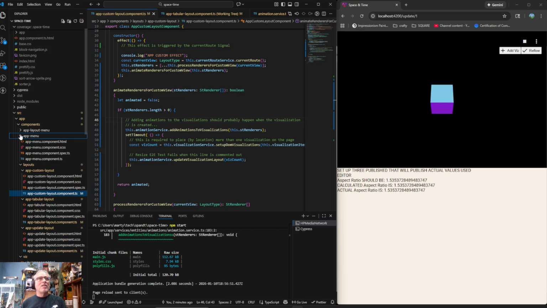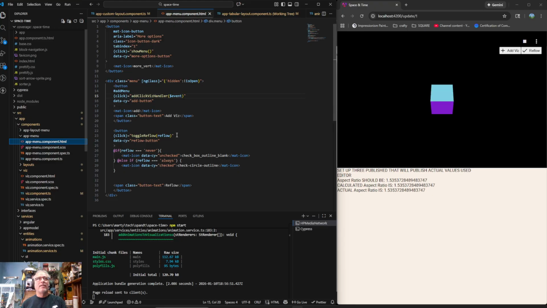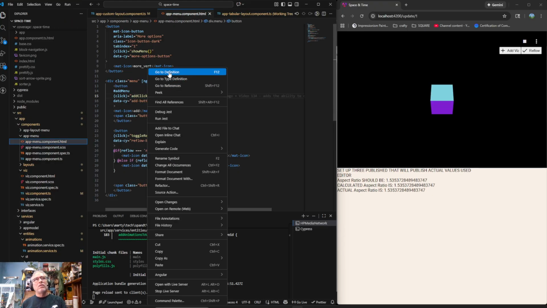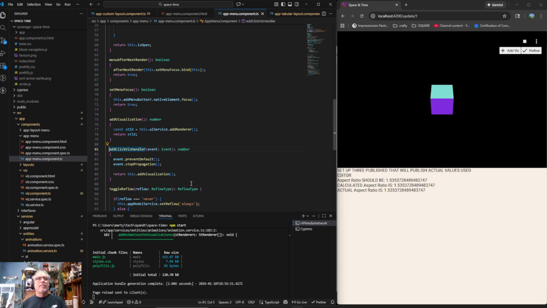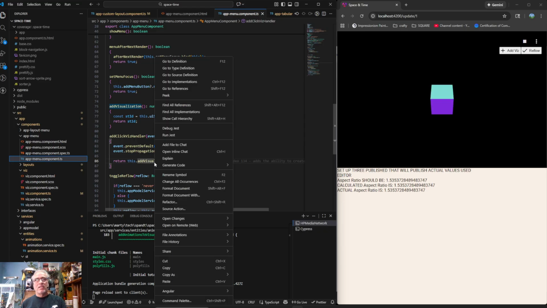So it's in our menu, and I thought we had two menus. Yeah, we have layout menu and app menu. So I think app menu is the one that has the add. Yep. And then it's add click viz handler. Go to definition. So we have this add visualization function, which I think makes a lot of sense. And that's in here. So go to definition, go to implementation,